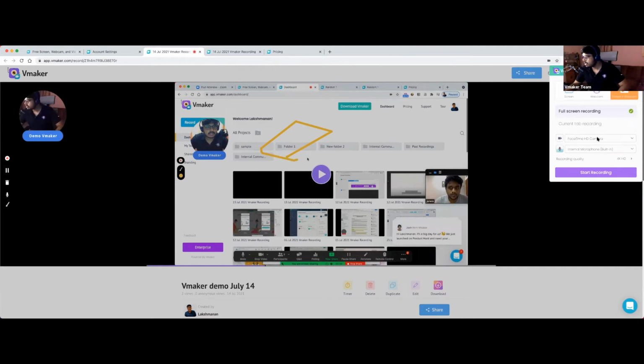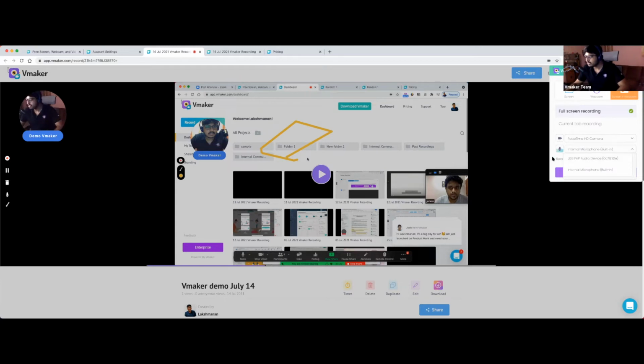The next part is the external camera and microphone. So I am using the default camera, but you can see that I'm using different microphones. If I click into it, you would see it automatically detects the external microphone which I'm using at this point of time. And if you are using an additional microphone, you don't have to install any additional software. The tool will automatically detect it, and you can start using it right away. So that is another added advantage of having this.